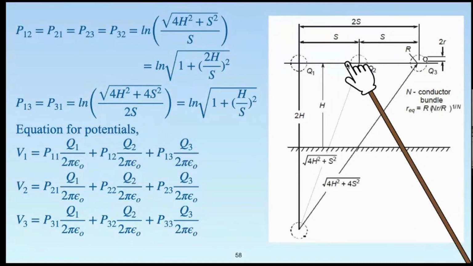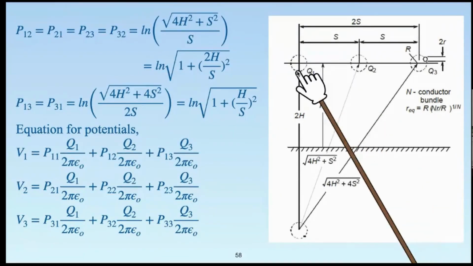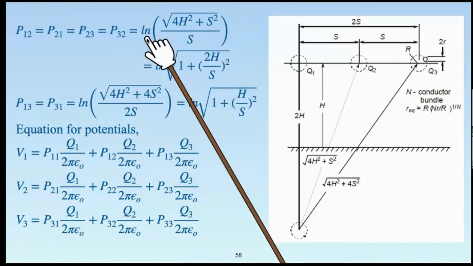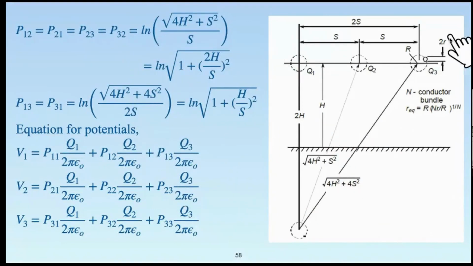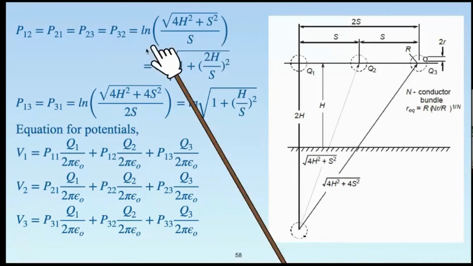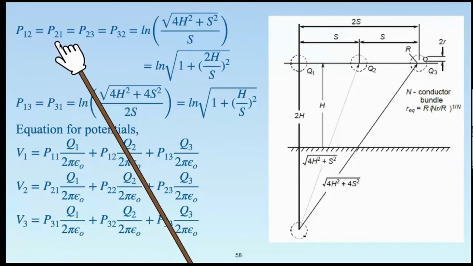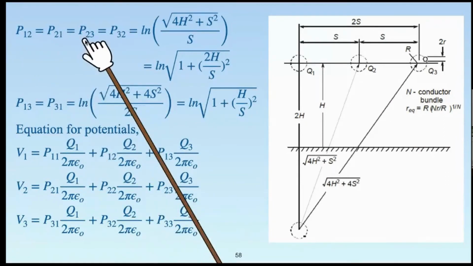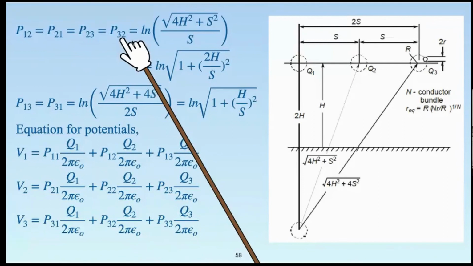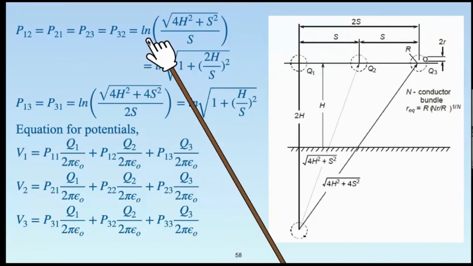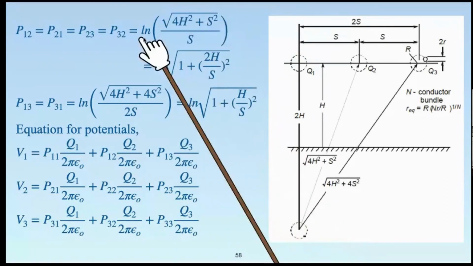So clearly you can see whenever we are dealing with the adjacent conductors, the same is applicable between 2, 3 and 3, 2. The distance is the same. From 2 to 3 you want to calculate, from 3 to 2 coefficients. So for adjacent conductors, there will be 4 such terms in the matrix: 1, 2, 2, 1, 2, 3, 3, 2. So natural log of the distance from the image of the other conductor.